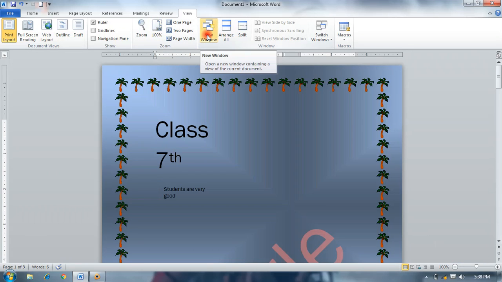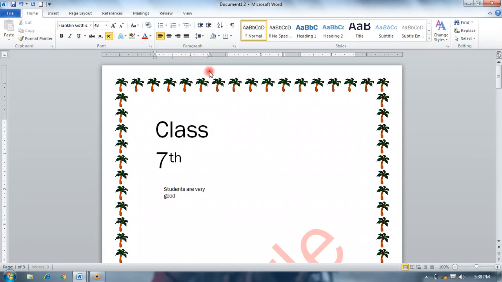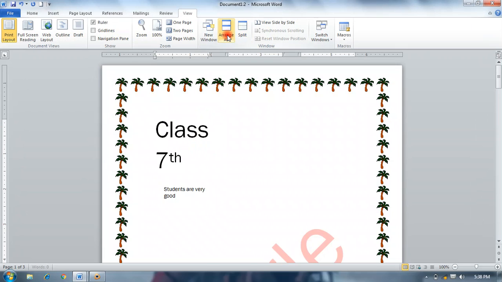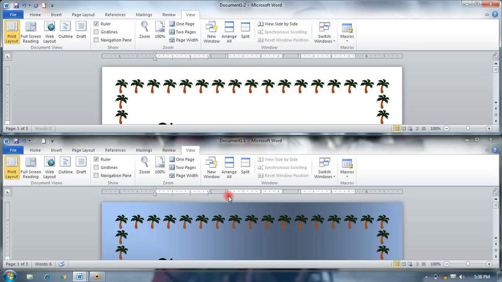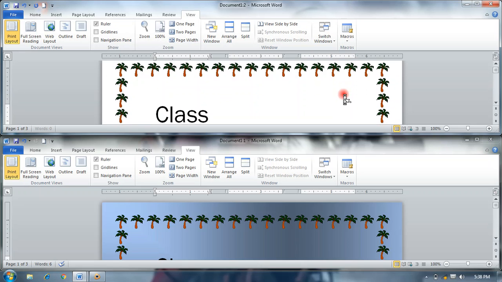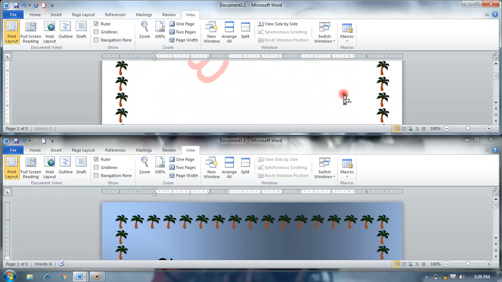New window. From this we can open a new window. Okay, arrange all. We can arrange all windows at a time like that, and you can work in both windows at a time. Split. It splits our window, work window.